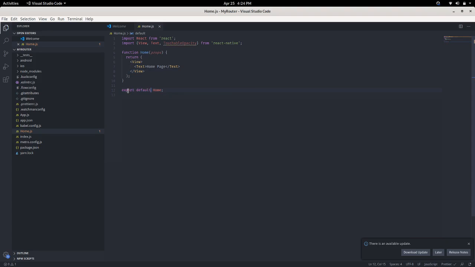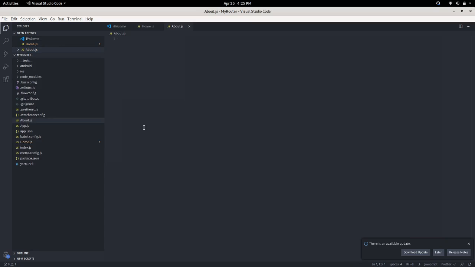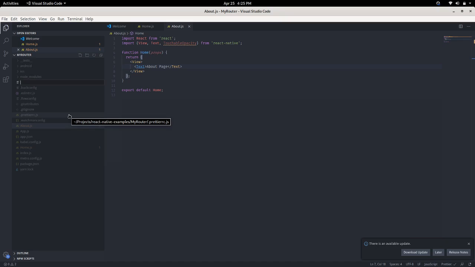So here we will create some basic pages like home, about.js. Here we will get the about page, and then we will create one more page, contact.js.